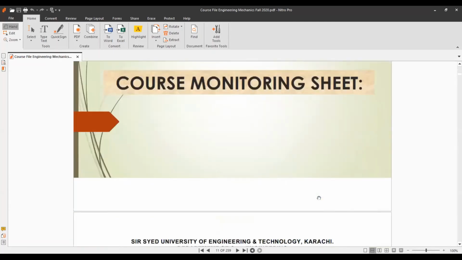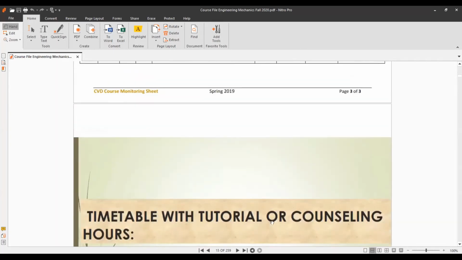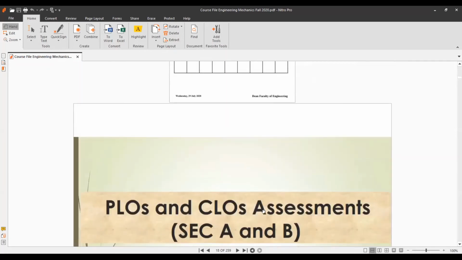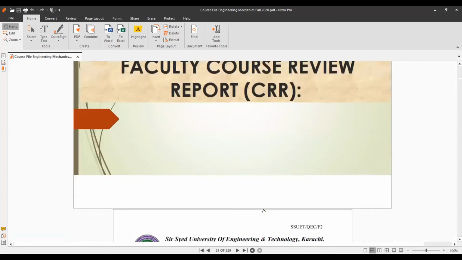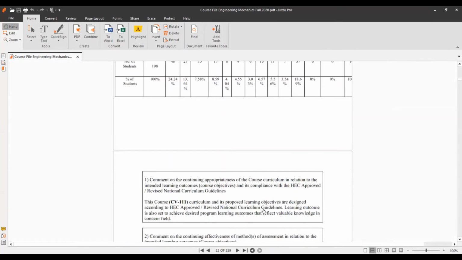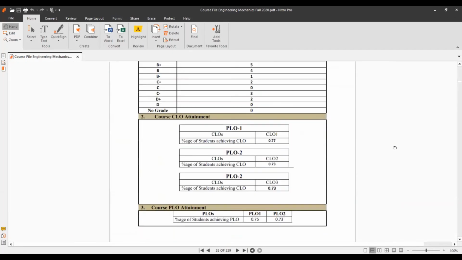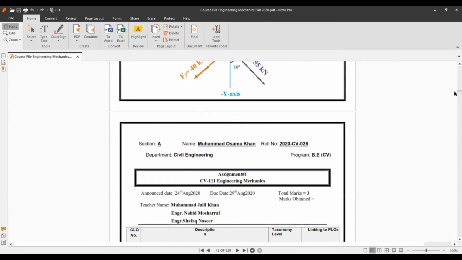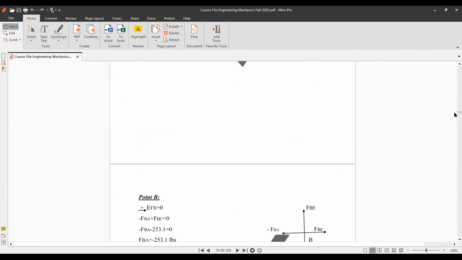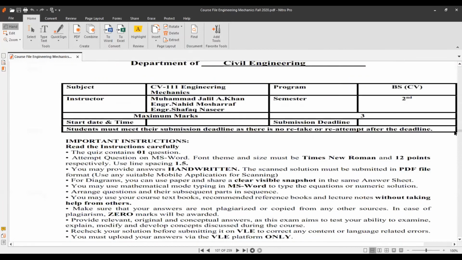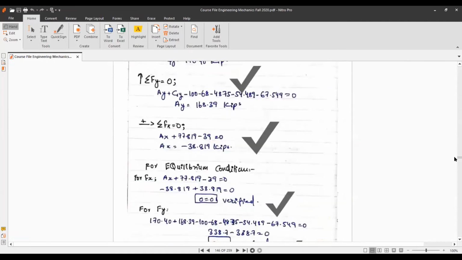So it is very easy and handy to share with anyone, but the file size is large because there are lots of pages in it now, so it will take time to share. You can share this file through OneDrive as well, but I have shared this file in PDF on WhatsApp as well, and it didn't take so much time. So it will be easier for you. You can see all my lectures and all the documents of the course file are here, all in sequence. It takes hardly 5 to 10 minutes.